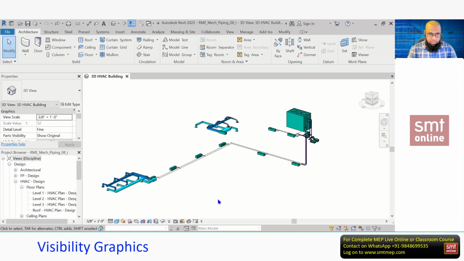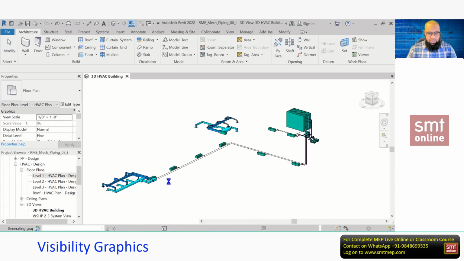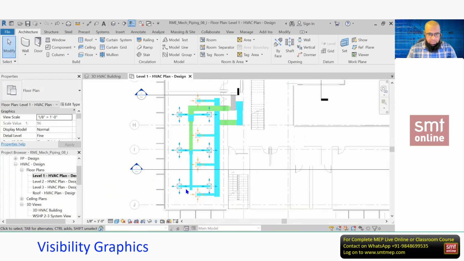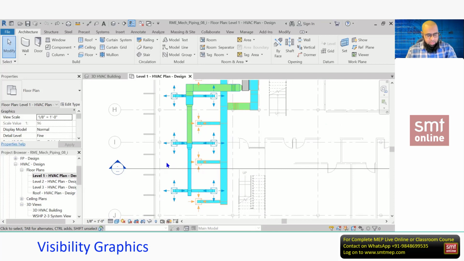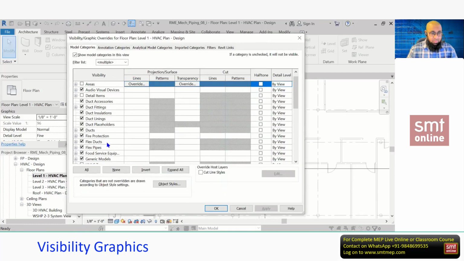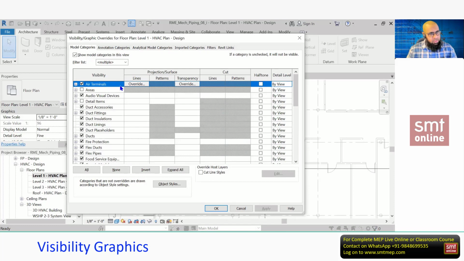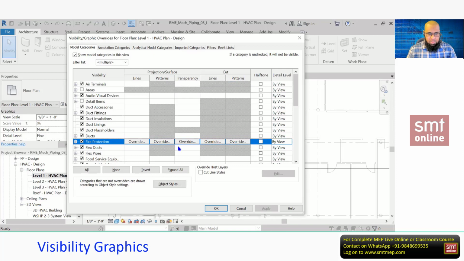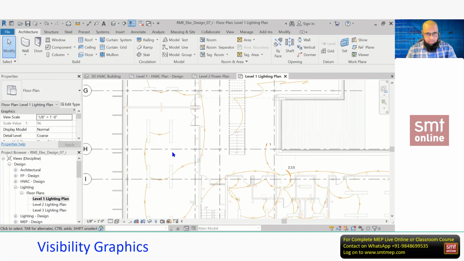Next, one more option in the VG, which was not discussed in the previous session. For example, let me open one level 1 HVAC plan here, and you can see these diffusers. Okay, so again in the VG, let me find the diffuser, which comes under air terminal. So here you see you'll find these lines which are applicable, pattern is not applicable, transparency is applicable. Which is applicable you can find. For example, when I click this fire protection, all these options are applicable. When I select this flexible duct, only the lines and transparency are applicable. But one more option, which is again not in the notes, so you can write half tone.